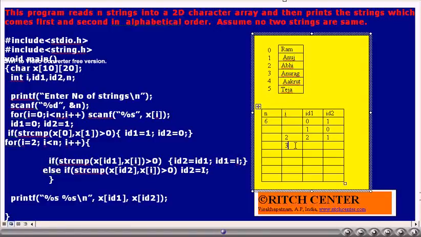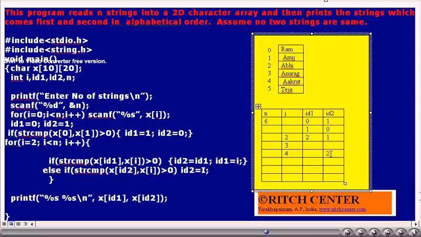Does Anurag come first compared to Anuj? No. Thus, no action takes place with this string. I value will be incremented by 1. Is I less than n? Yes.